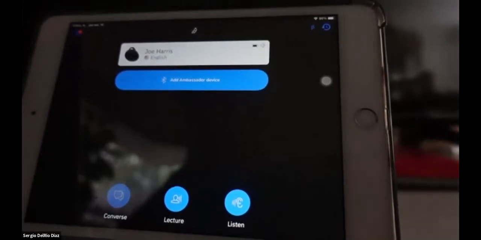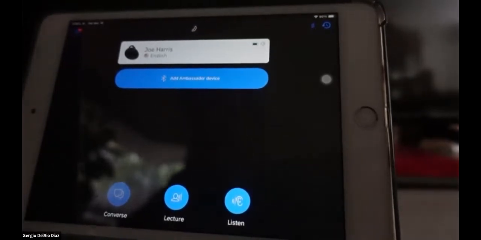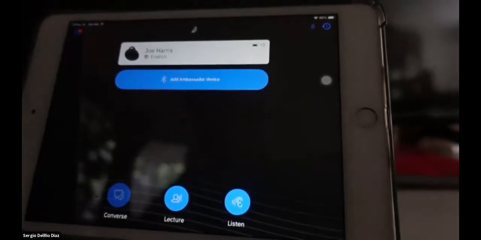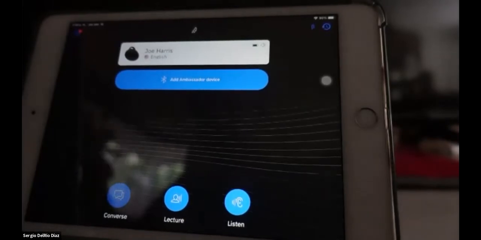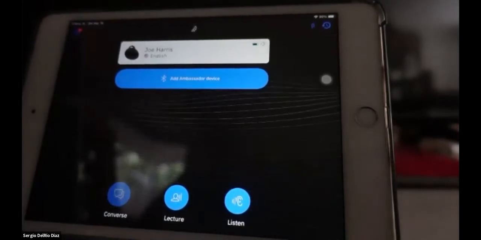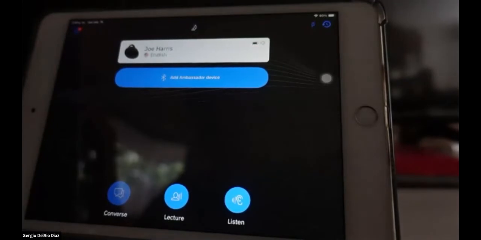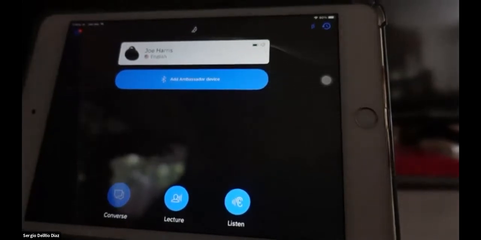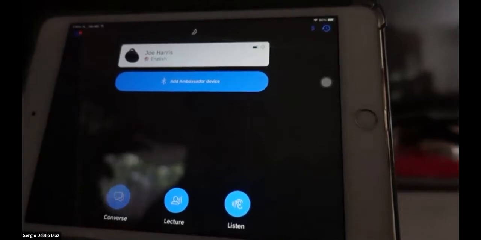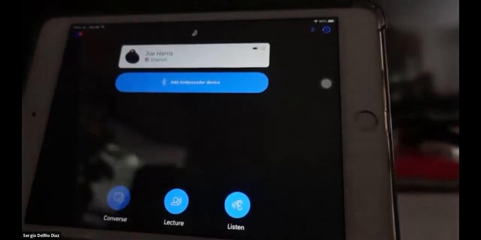That is great in case you have a conference, in case you're a professor, in case you want to demo a product or whatever. Lecture will capture your voice and then translate the results. And then finally, you have listen, which allows you to do the opposite. You can go to a room, sit in the audience, and listen to whatever they're saying. Let's say in Turkish, you'll be able to hear it in English.